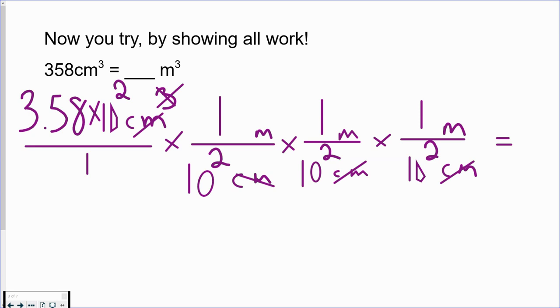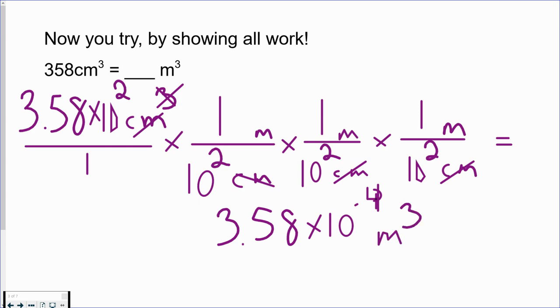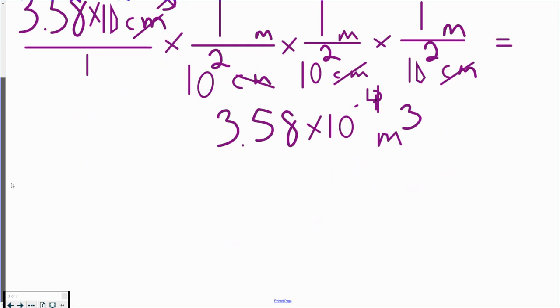When you divide with exponents, you subtract. So this is really 2 minus 2 minus 2 minus 2, which gives us a final answer of 3.58 times 10 to the negative 4th meters cubed. All right. Now, that's how I would actually run through that problem. However, I want to show you